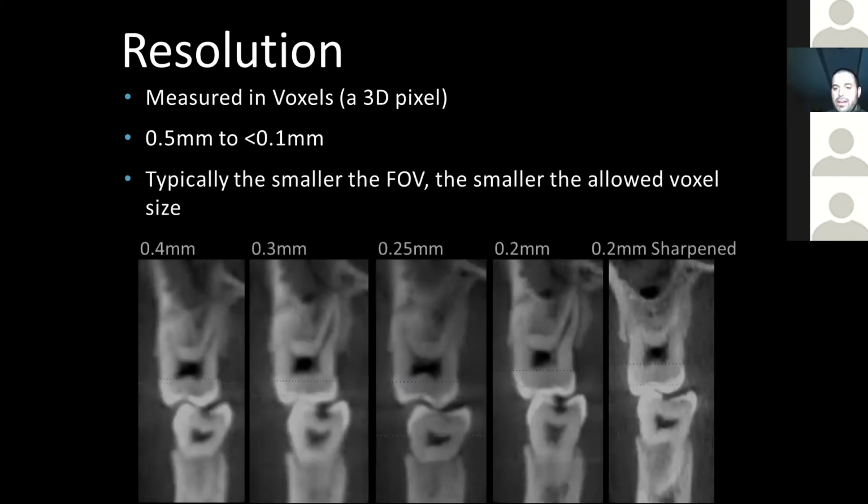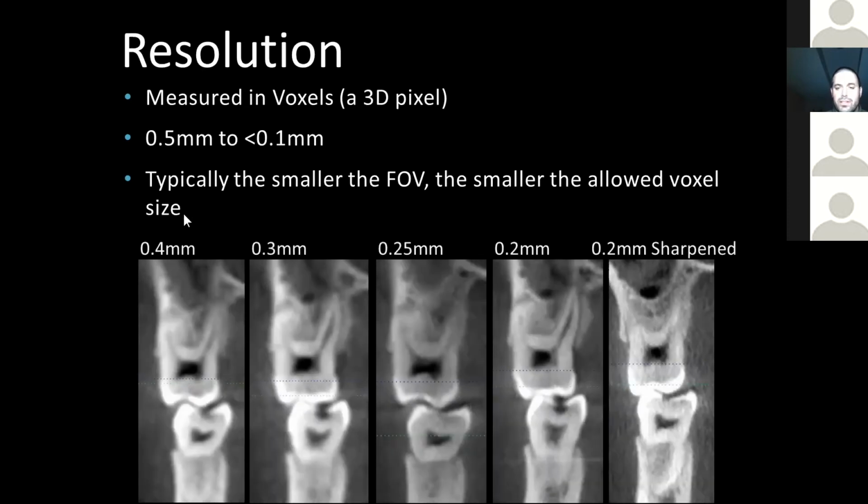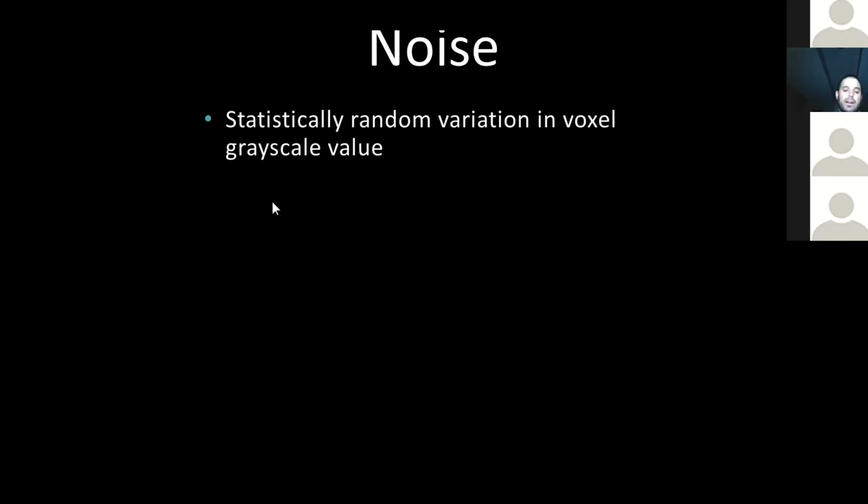Okay, and again, if we relate this discussion to dose, the higher the resolution you're going to image at, the more dose you need to use to get there. Okay, so that's our dose tie-in with resolution. The third factor I introduced was something called noise, and you're probably not familiar with noise, so I'll define it. Our boring textbook definition is it is a statistically random variation in voxel grayscale value